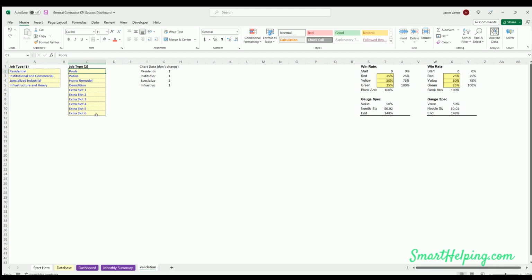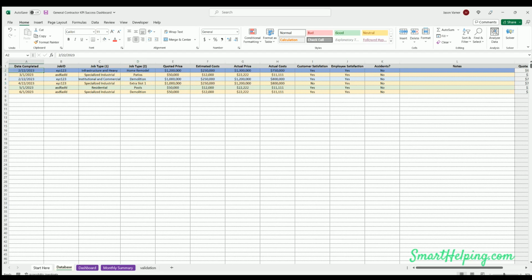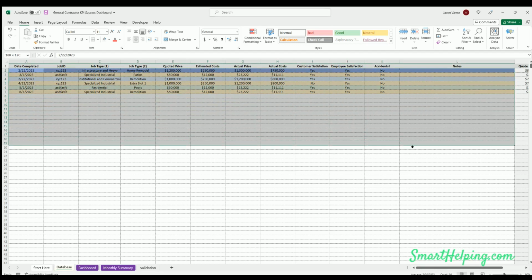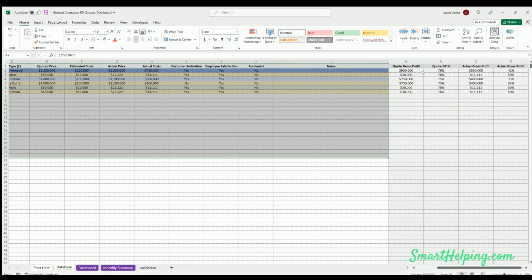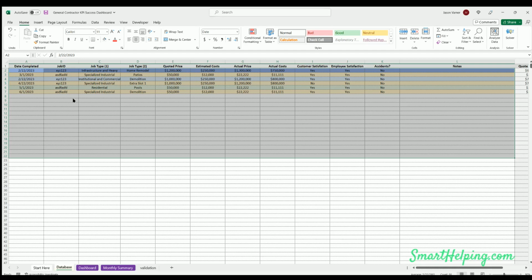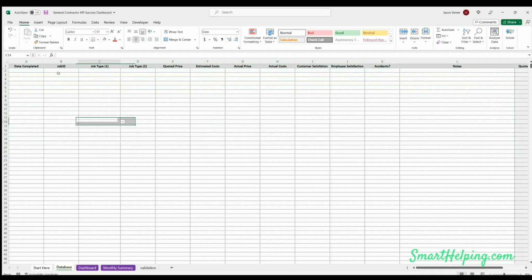Once you set those up, and again, you don't have to have a job type 2, it's optional, you go to your database. Now, when you first get into this, simply highlight columns A to L. Do not overwrite column M through P. These are calculations. And you just highlight those, right click, hit clear content,